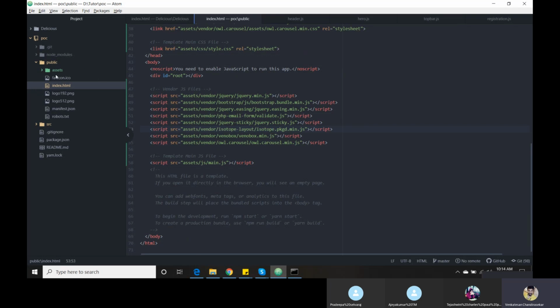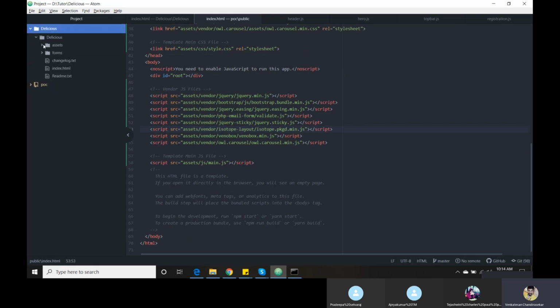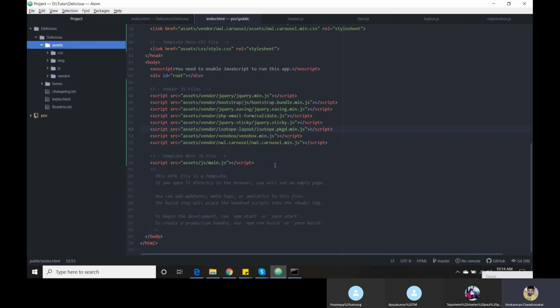Then they have used an assets folder. The assets folder is normally considered by front-end developers as a container. Inside the assets they have all the CSS, images, JS, and other plugins. Why have they separated it?